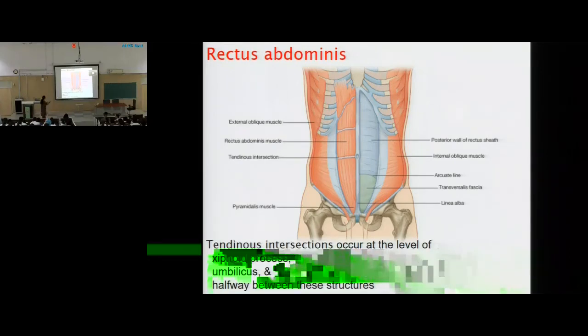Look, this line has to be traced from here, which is why you should memorize the skeleton well. So it is going to be traced from the tip of the 9th costal cartilage to this. What is this? Pubic tubercle. Okay. This is the linea semilunaris. Origin is going to be from this place.